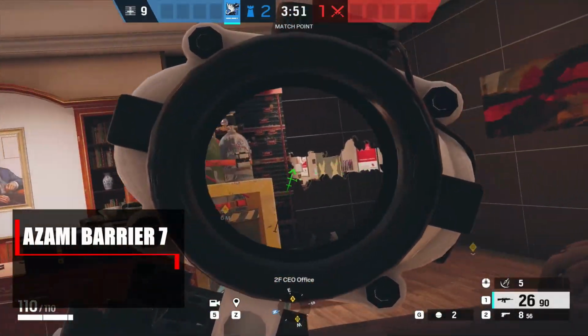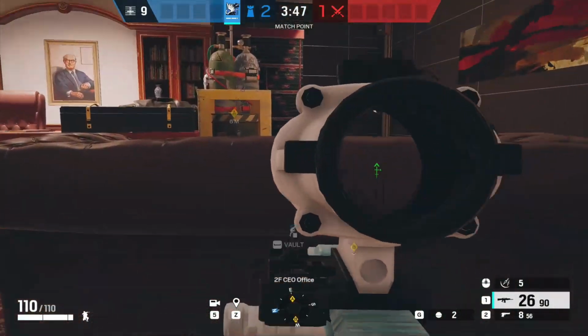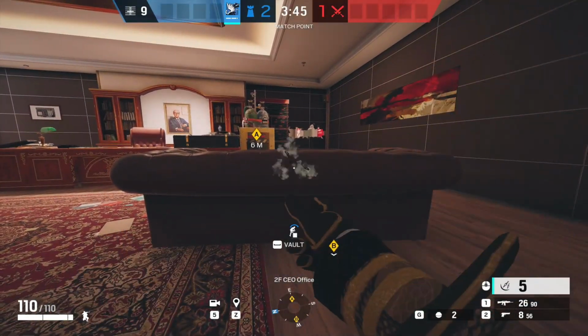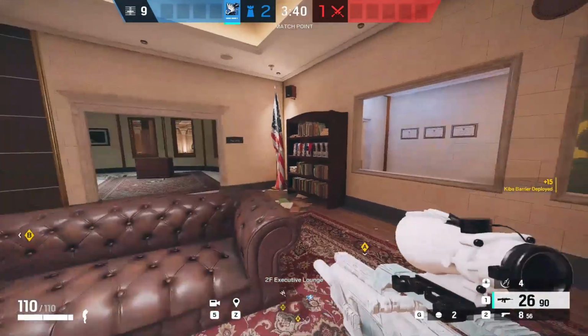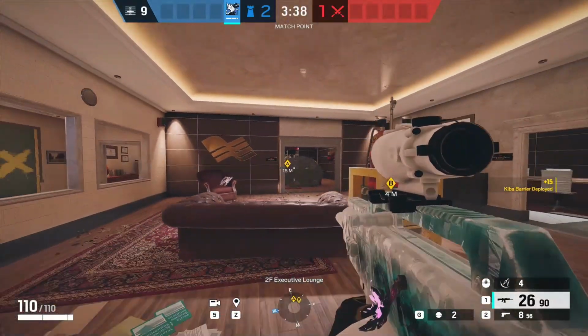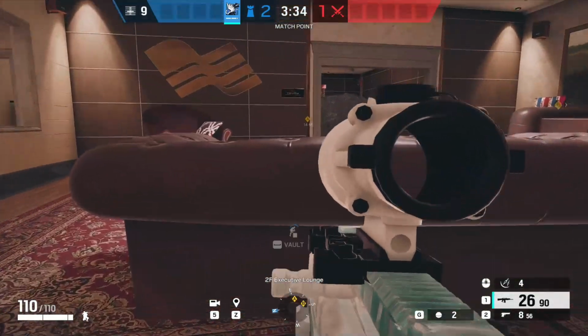Moving up onto the top floor CEO for a couple of setups here. So normally you'd have the head holes on top square. On this couch you'll see these small seams on the couch. You can place a barrier right on the middle seam of the couch. Then you can go back to the second one right here and place another barrier on the third seam, and